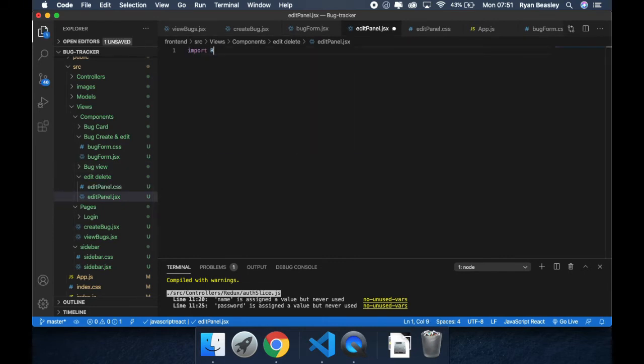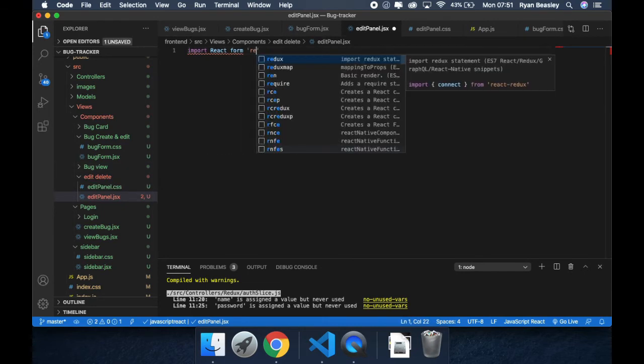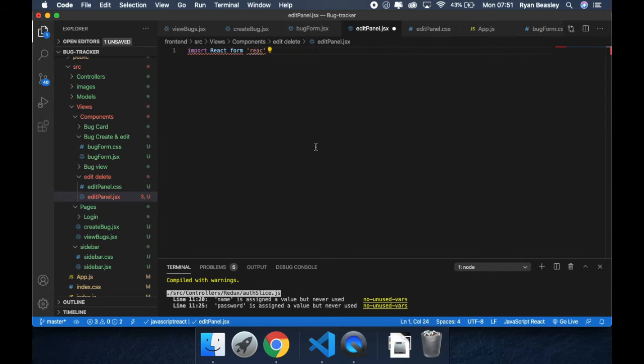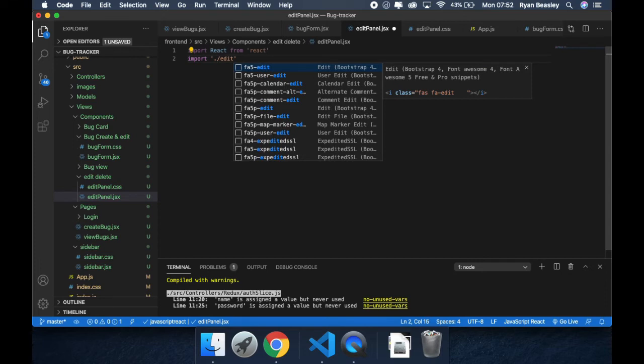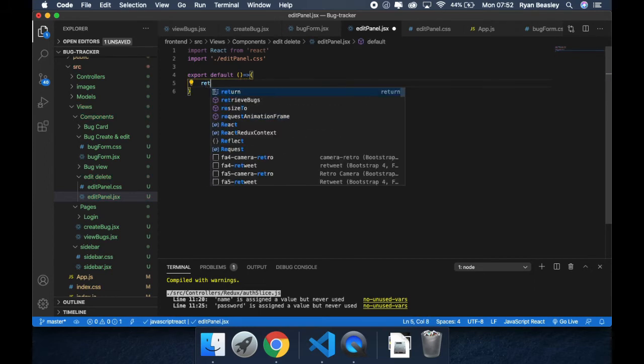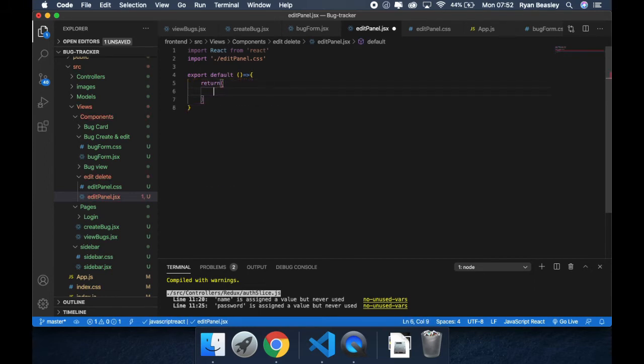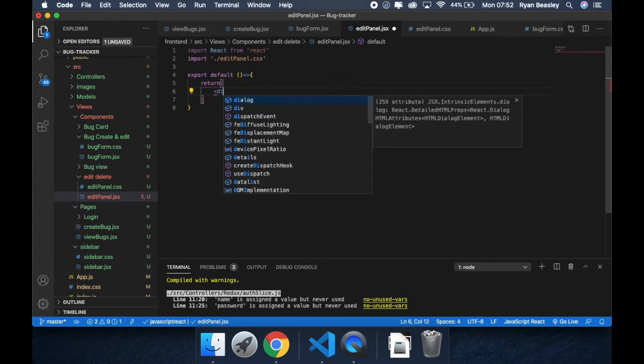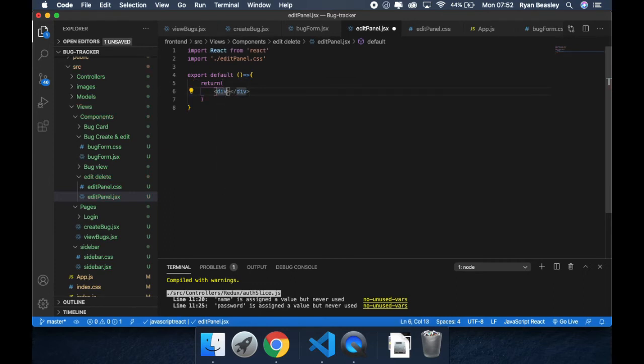We'll bring in all the boilerplate for React, and don't forget to bring in the CSS. Export default and return. Now we'll just have a div, give that a class name of edit panel,